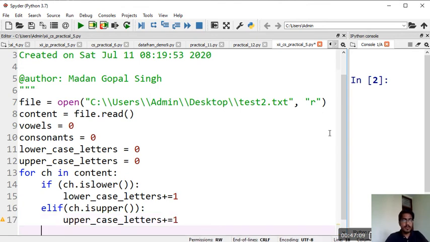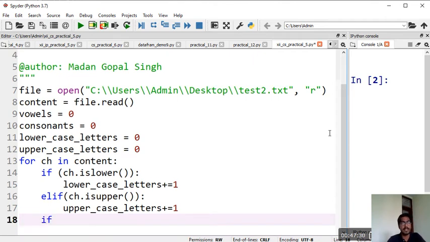Okay, now we will write again an if else condition. Don't write elif here for checking whether it is a vowel or consonant, otherwise it will never come here, because any character will be either lower or upper. That's why, if you write the elif condition here, then the condition we are going to write to check whether it is a consonant or vowel will never be executed. Okay, keep this in mind.